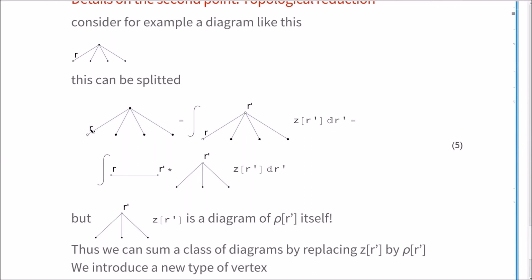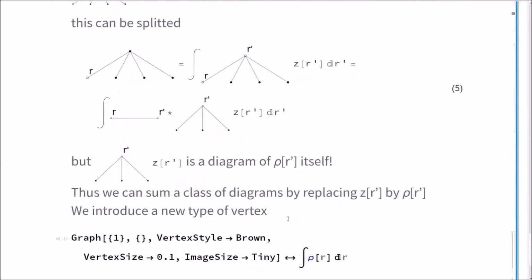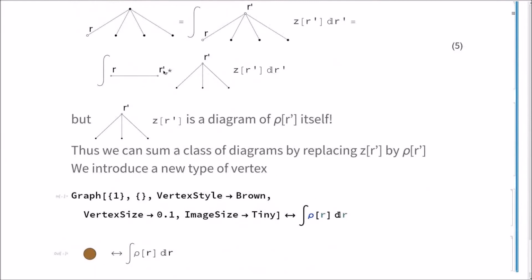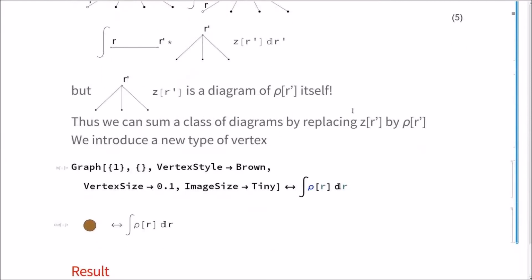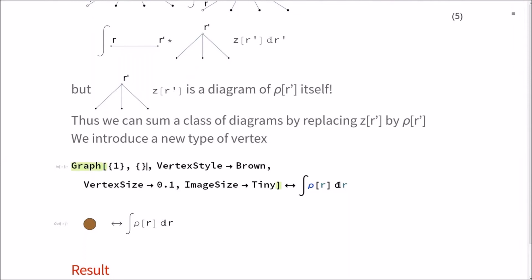So this is a diagram that can be topologically reduced. So here's this articulation point, and we can split this integral if we open here the point and make the integral explicit. And this is nothing else than the multiplication from before. And we see that this is again a diagram appearing in the expansion of ρ itself. And we can get rid of all these articulation points by replacing in this cluster expansion the set factors by density factors. And so we again introduce a new type of vertex, which is now a brown vertex, which indicates